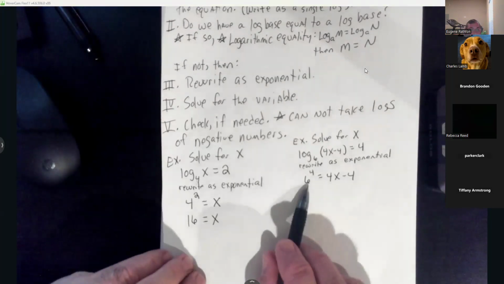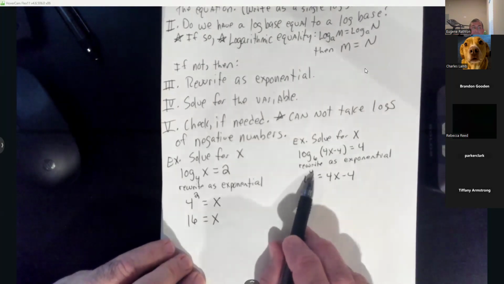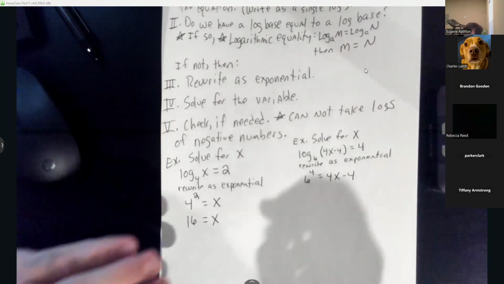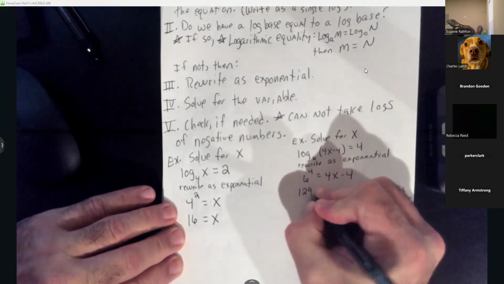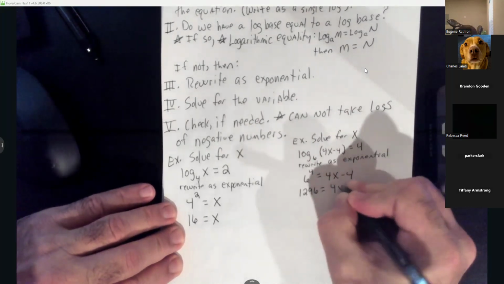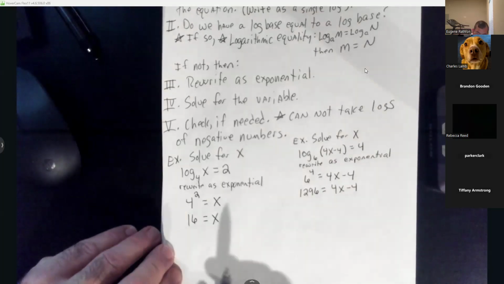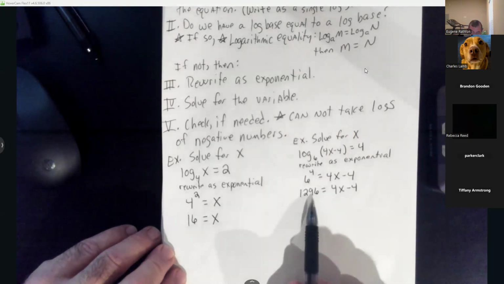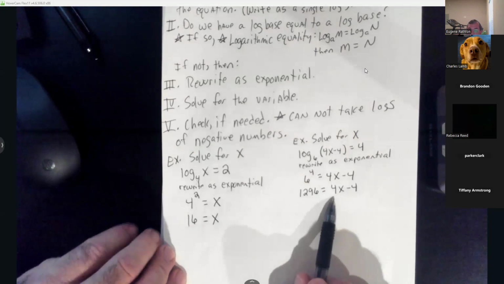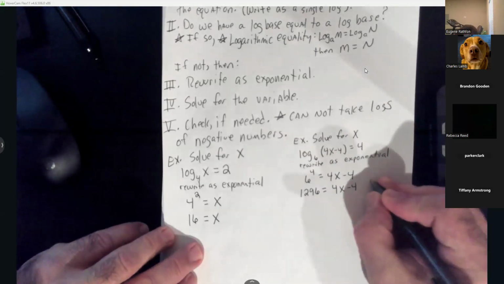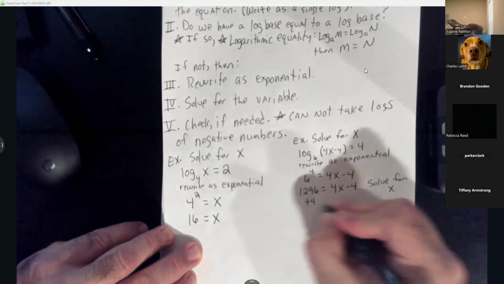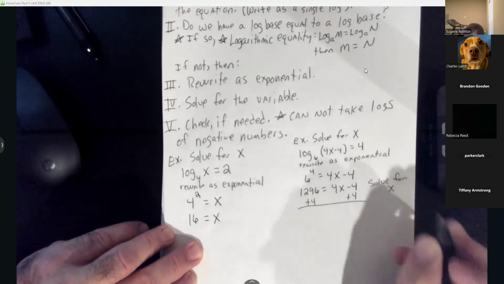All right, y'all. So one of y'all with a calculator, figure out what 6 to the 4th power equals. So what y'all got? 1296. That sounds good. So 1296 equals 4x minus 4. And y'all, at this point, we're just solving for x. So we're going to add 4 and then divide by that 4. All right, so here we go. We're going to solve for x now. So add 4 to both sides. That'll give me what,